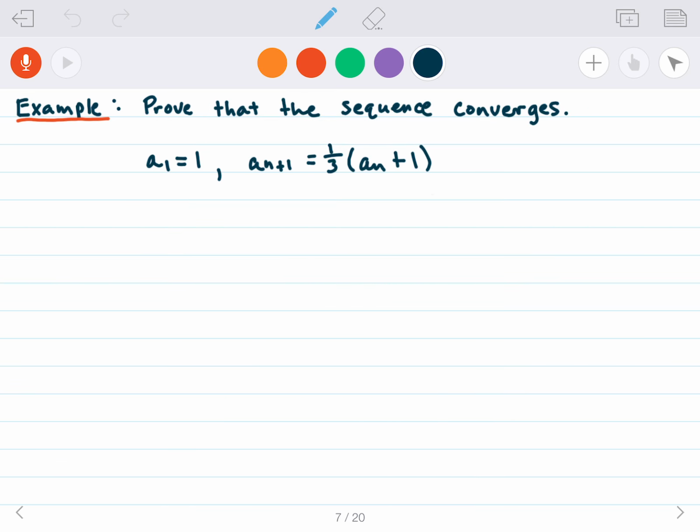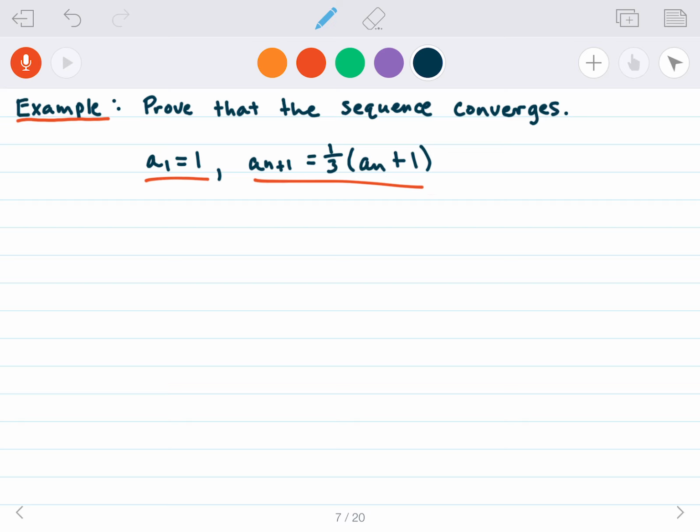Let's take a look at this one. So we have a recursive sequence here, which means the next term of the sequence is defined using the previous term. So we have a sub 1 is equal to 1, and we have the next term, a sub n plus 1, is equal to 1/3 a sub n plus 1. And the idea here with these recursive sequences is that it's easy to show that they converge by using the